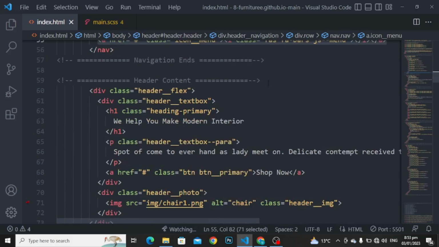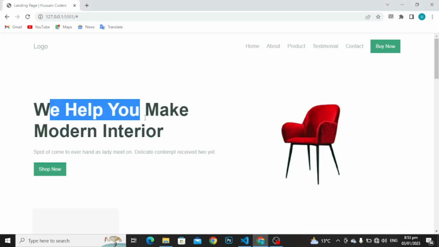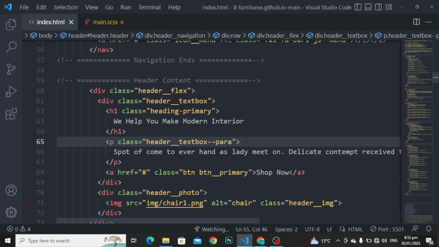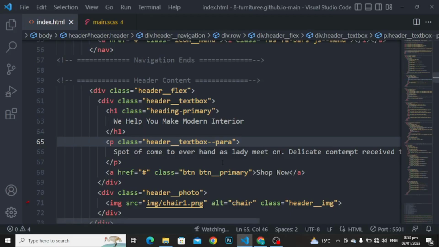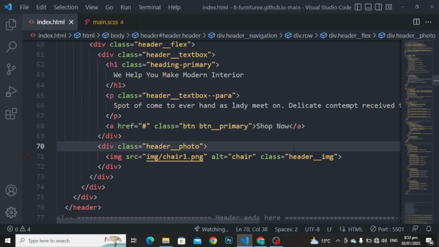Now moving further to the header section, div class with the name of header flex, div class with the name of header text box, heading h1 class primary. As you can see, here is the heading, and paragraph class with the name of header text box para, again this is the para, and anchor point again with the button primary, and here is the div class with the name of header photo,